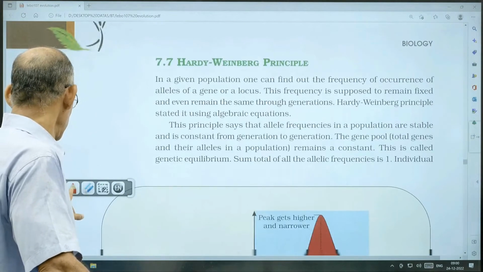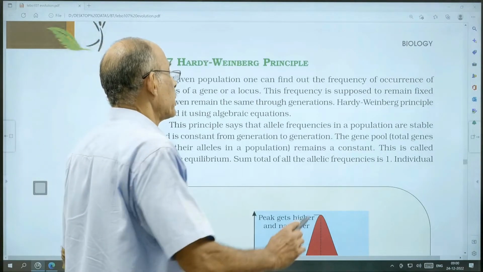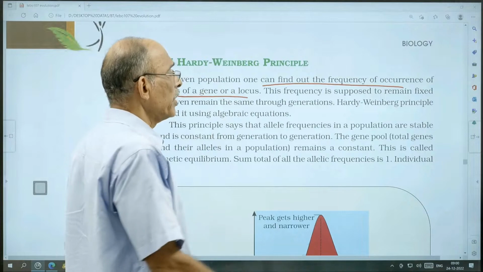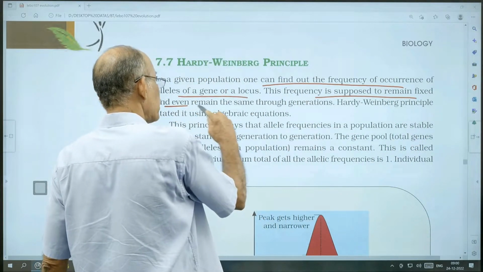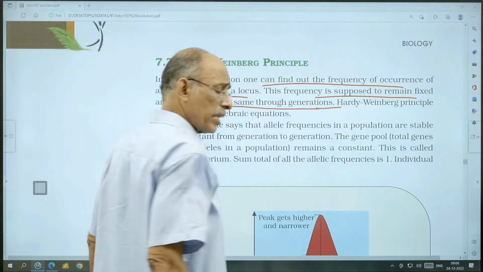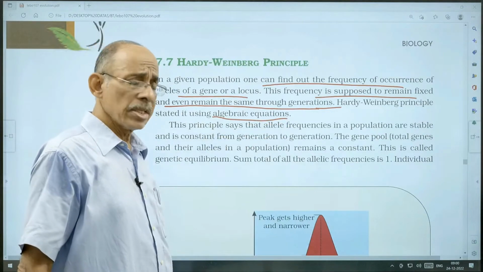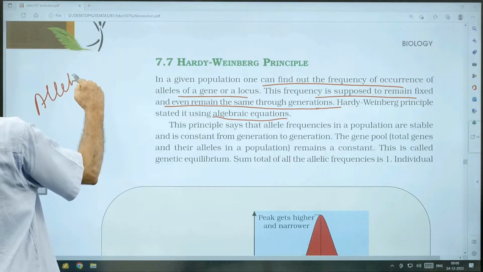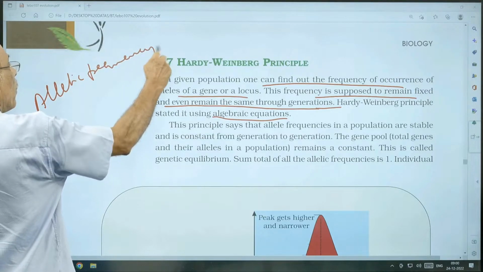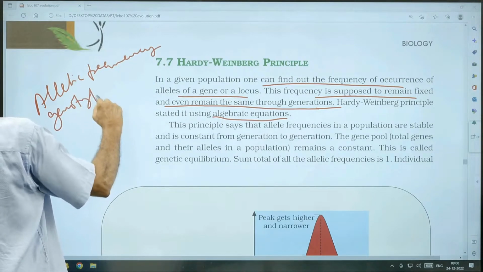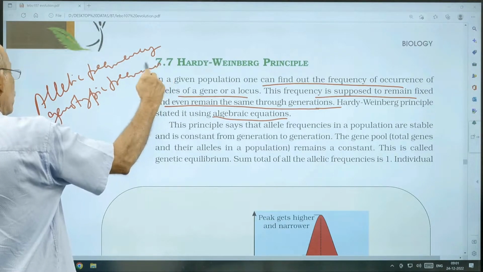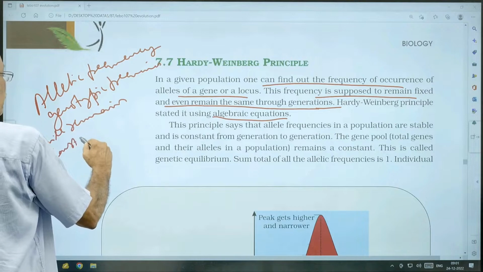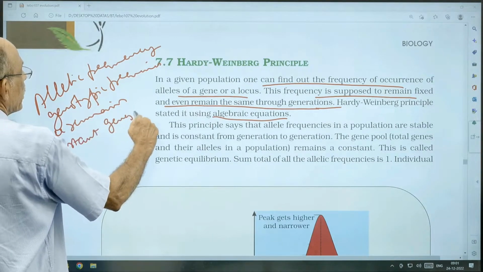Next is Hardy-Weinberg equilibrium. In a given population, one can find out the frequency of occurrence of alleles or genes. And the allelic frequencies or genotypic frequencies will remain constant generation after generation. And using some algebraic equations, we can prove it. So the allelic frequency or genotypic frequencies will remain constant generation after generation